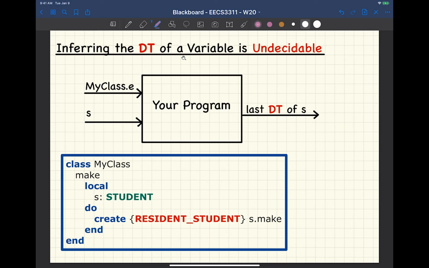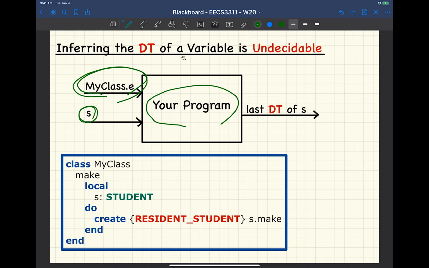All I want you to do is define a program here. I don't mind if you're writing in IFO, writing in Java, writing in Python, doesn't matter. This program is going to take as input some maybe IFO program or Java program, doesn't matter. Some input program here, my class. And the class may be arbitrarily complicated, right? Using loops, using if statements, using whatever, okay? And then you take a second input, which is a variable name. What your compiler should do is tell me a single output, which is what is the last dynamic type of